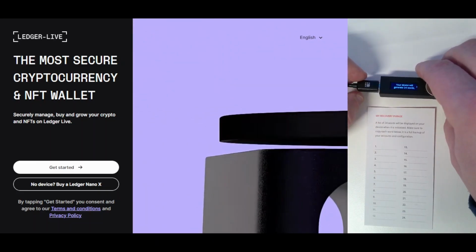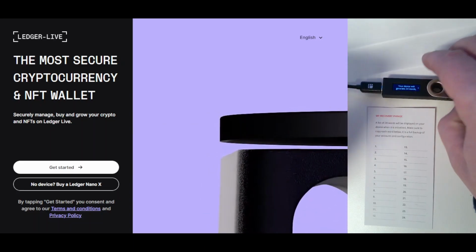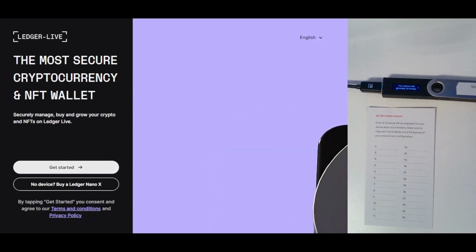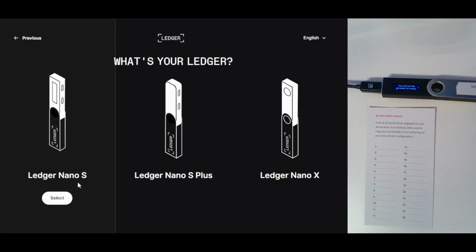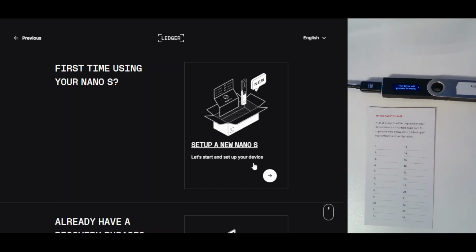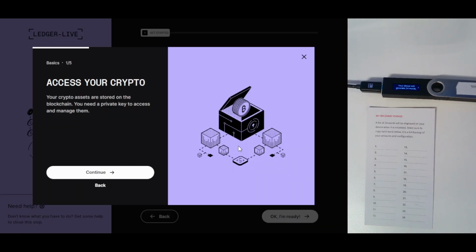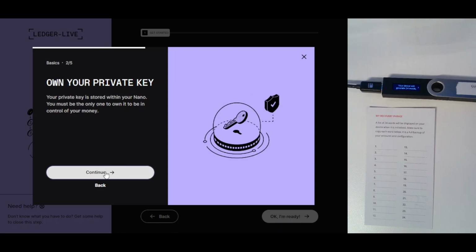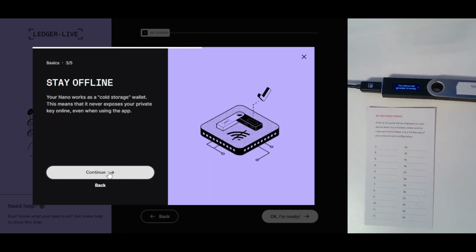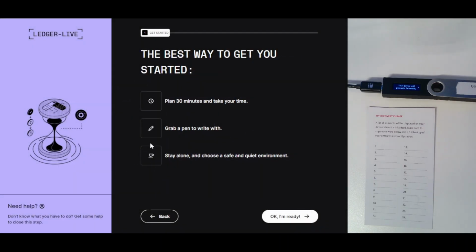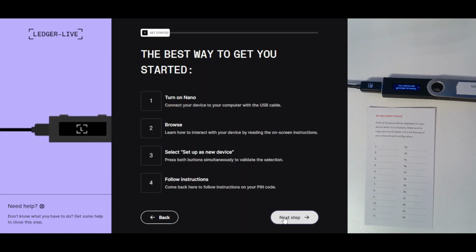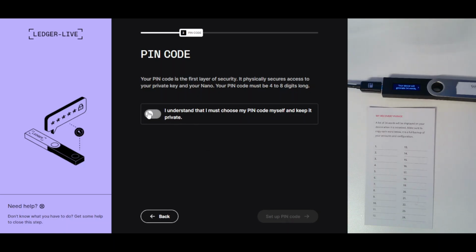One thing you might have noticed is that we haven't actually interacted with the Ledger Live software yet. If you do want to follow the instructions in Ledger Live, you'd click on Get Started, go to Ledger Nano S. We would be setting up a new Nano S. This is just giving you some information about what it means to hold your own keys offline. And then really the Ledger Live software is just going to walk you through the process, but you do most of the work on the Ledger device itself. So we've already set our PIN,